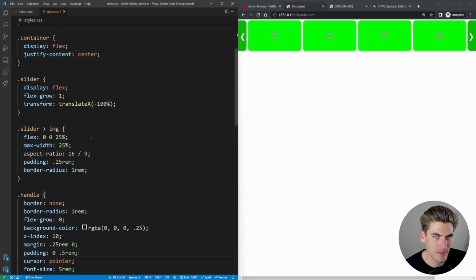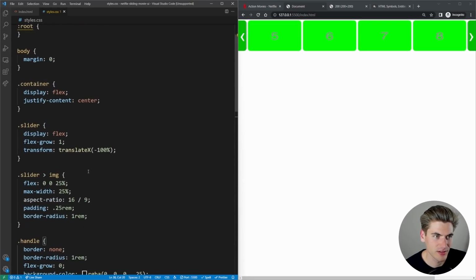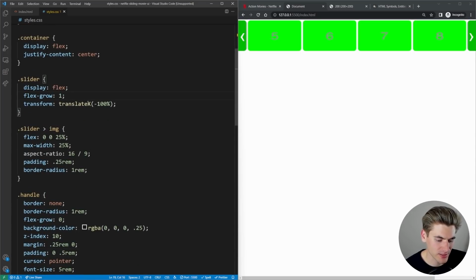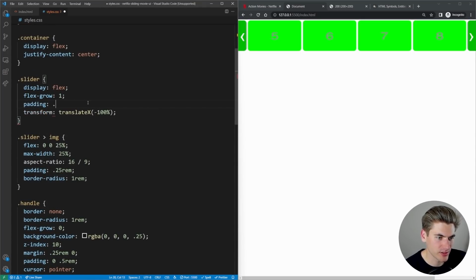I believe it has to do with the padding of our container. So like our slider here needs to have some padding on itself of 0.25 REM. That did not work. It would need to have, actually, negative. We need to have a margin of negative 0.25 REM.